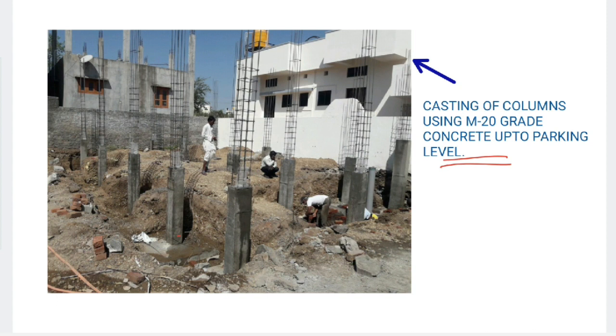Earlier we used to construct the stone masonry up to plinth level, and later above the plinth level we used to lay the plinth beams. Here in this one, we will be laying the columns up to parking level. Either you may go for parking bottom level or top level. So the top of the beam should be flush with the level of top of the parking, or it may be more than that.